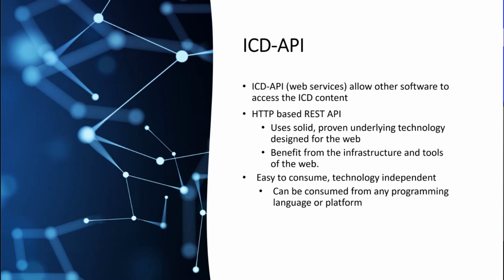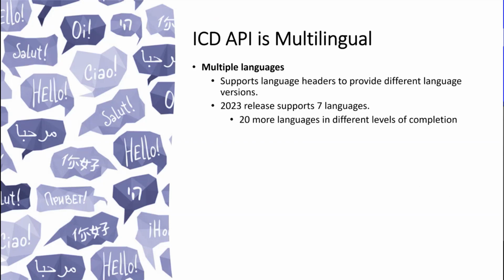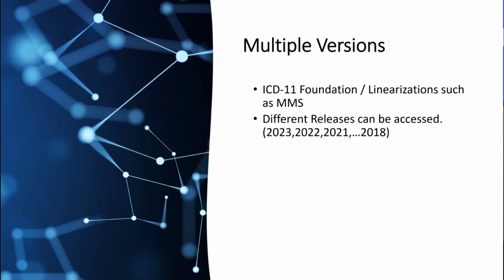It's an HTTP-based REST API, so it can be used from any programming language or platform. It is multilingual, so you have seen the translation platform. So ICD translated using that platform is released, and the API is automatically available together with the releases. Currently, the 2023 version has 7 languages, and there are 20 more languages which are being translated. The API provides you both foundation and linearization. As I have mentioned, the foundation and linearization and their differences. You can get access to both of them from the API, and you can get access to all the different releases that we have made